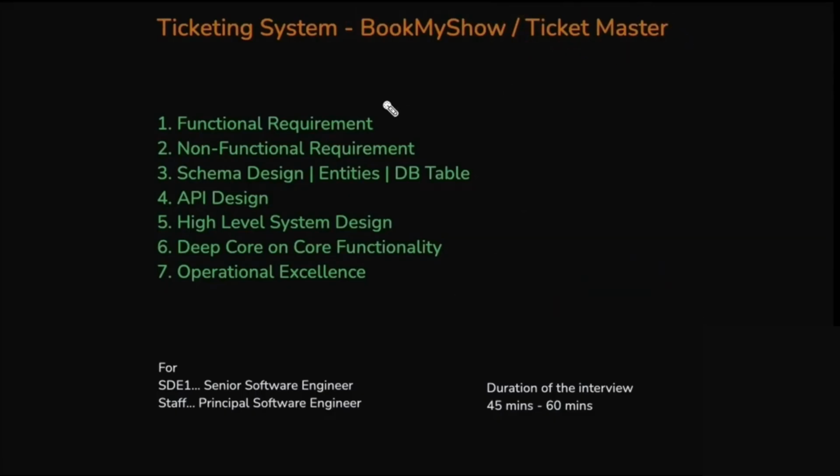Though today we are going to focus on the movie ticket booking system, this concept can be applied to any system where the inventory is limited. It could be airline reservations, generally in the peak seasons for festivals during Christmas and New Year, where there's a lot of concurrency, with a lot of people booking airline tickets. Similarly, on weekends, holidays and festivals, many people are trying to book the movie ticket at the same time.